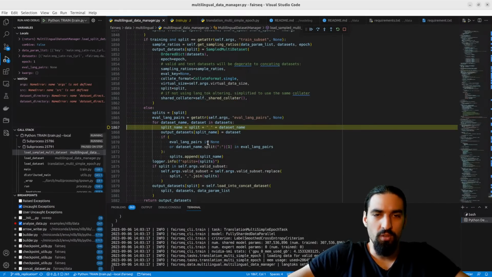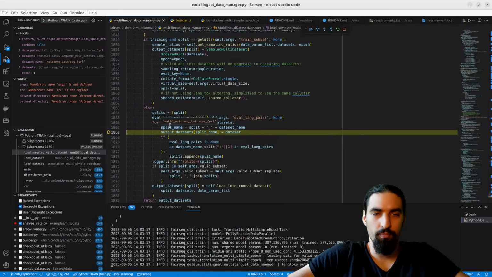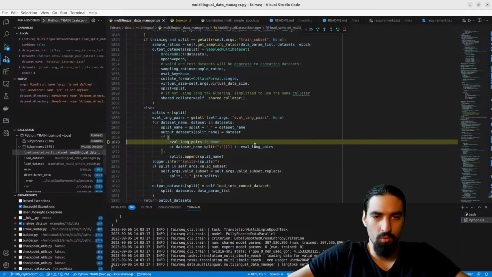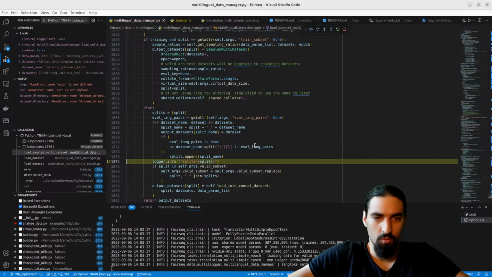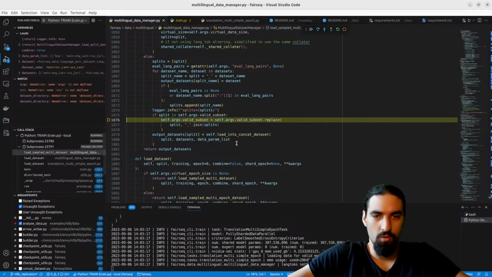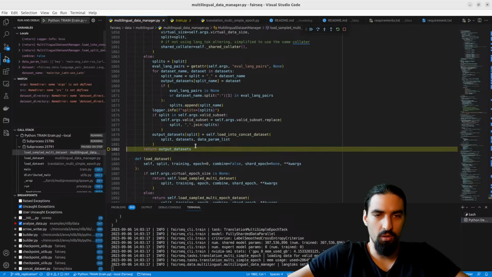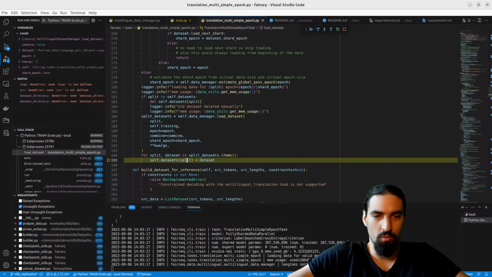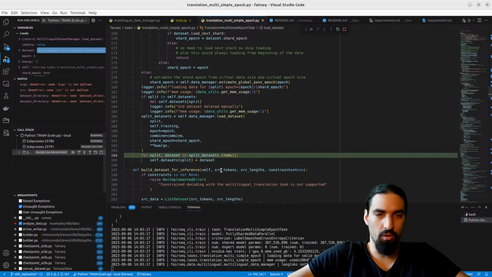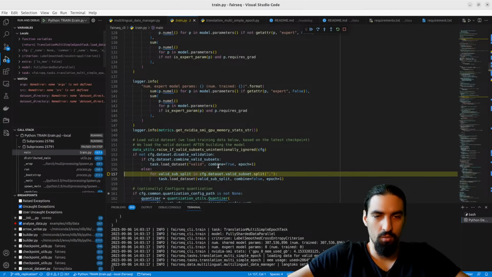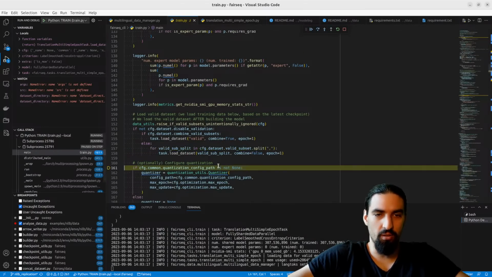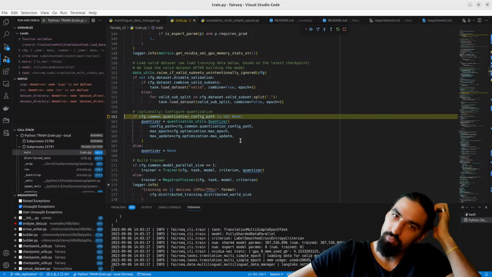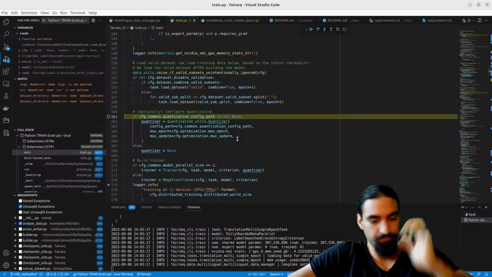And then we go through the datasets, split name, splits, and then we load them. Okay, looking good. Looking good. And we are done. We are here back in the main, and we've loaded our validation datasets. So let's continue.